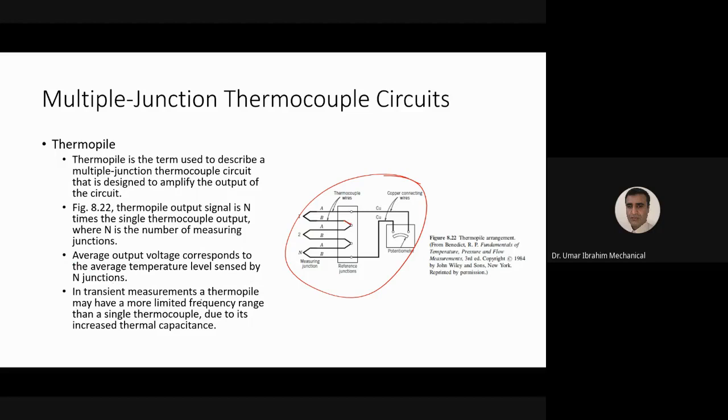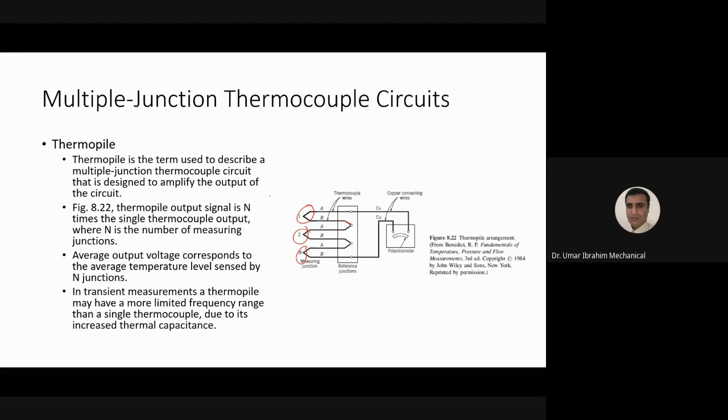In transient measurement, a thermopile may have more limited frequency range than a single thermocouple due to its increased thermal capacitance. ठीक है, let me explain those things. ठीक है, sensitivity to improve हो जाएगी, ठीक है, लेकिन एक problem, there will be a problem. अगर आपके पास मिसाल के तौर पे 3 measuring junctions हैं, let's suppose if we have 3 measuring junctions,